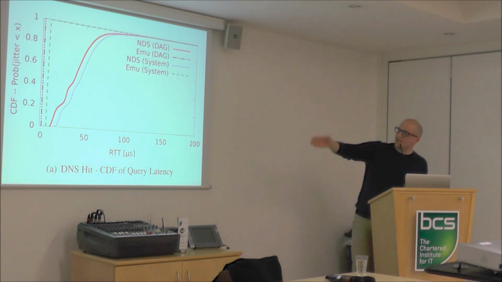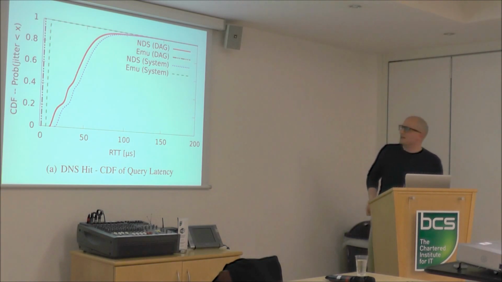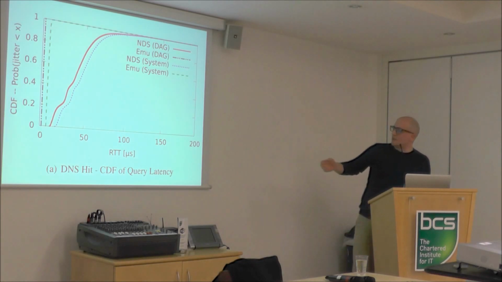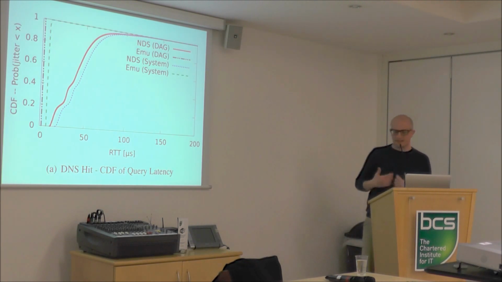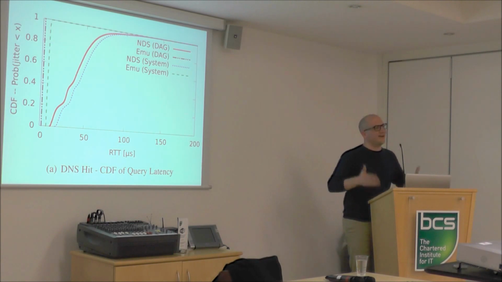And what this graph is showing you is the cumulative distribution function, right? So what percentage of the tests have a round trip time under a certain time period,